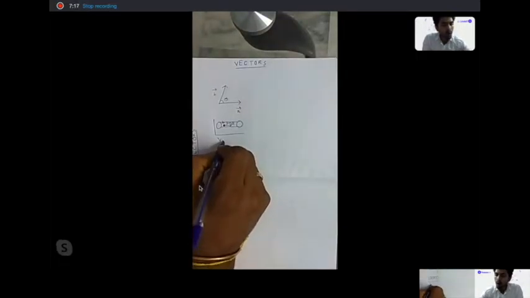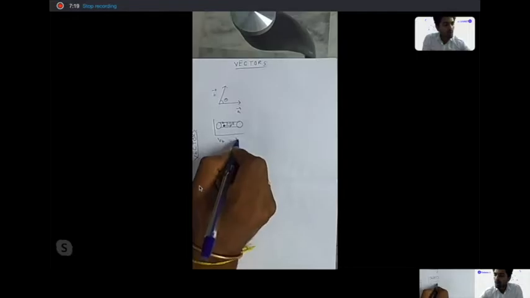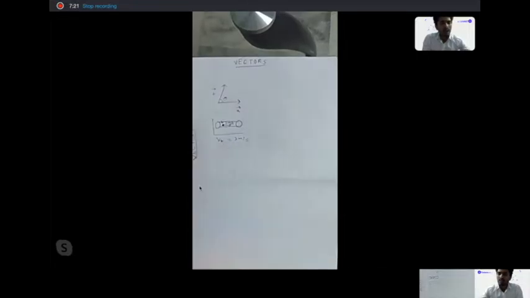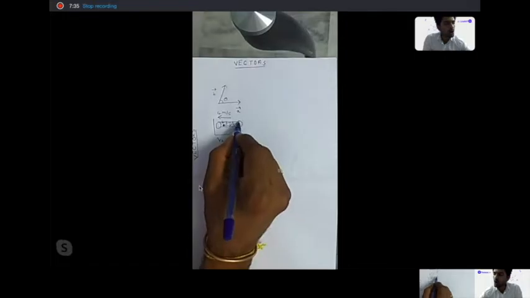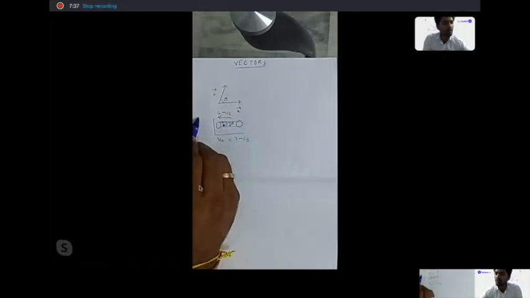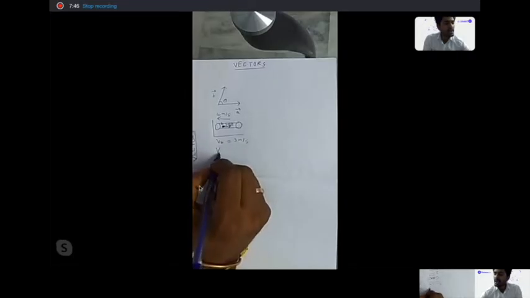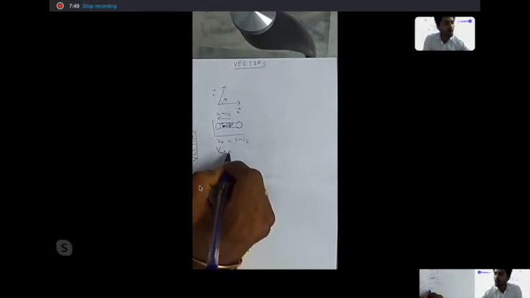Velocity of ball would be equal to 3 meter per second. Now let's say the tube here is also moving backward at a speed of 4 meter per second, right? Now imagine this tube as a whole is moving backward at 4 meter per second. Now inside this tube is a small ball which is moving forward, towards the right, at 3 meter per second.